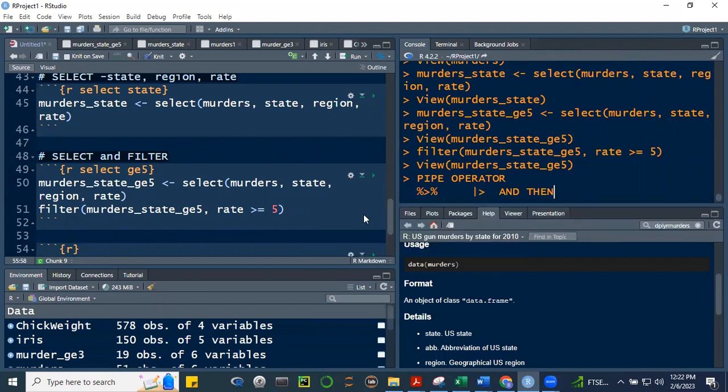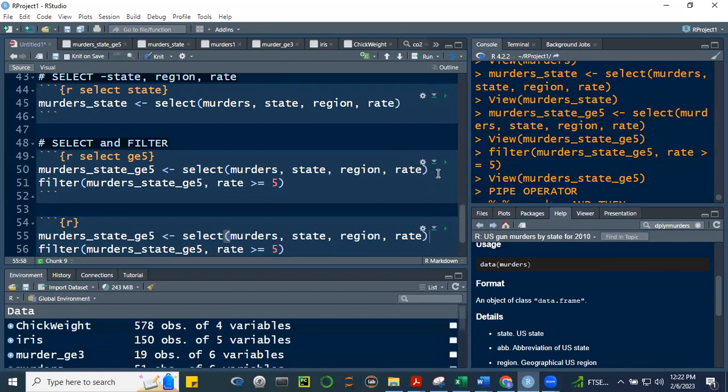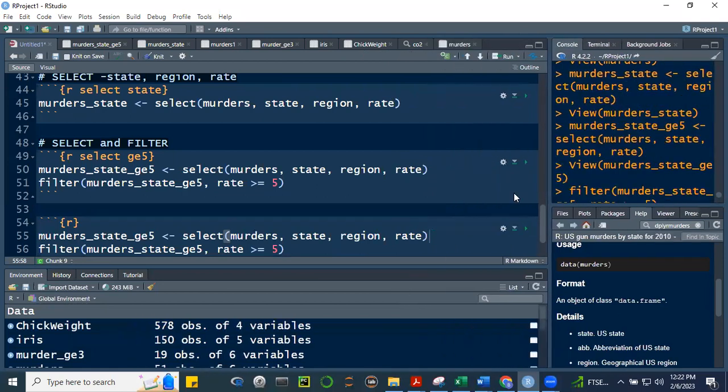Okay, so what do we do here? Sabi natin dito, nag-select tayo, di ba? And then we should put here, ito yung pipe operator natin, % greater than %. Okay? Let's see the difference, no? Murder state GE5, first we select. Select natin yung state, region, and rate. And then, di ba? Yung ibig sabihin to,